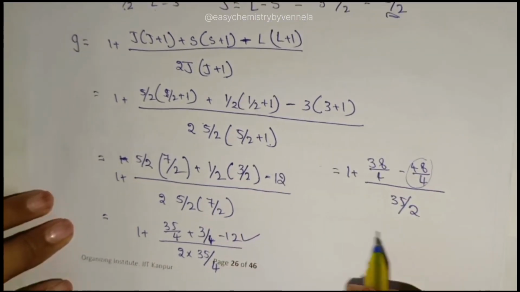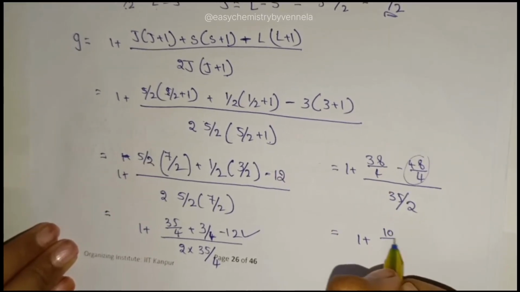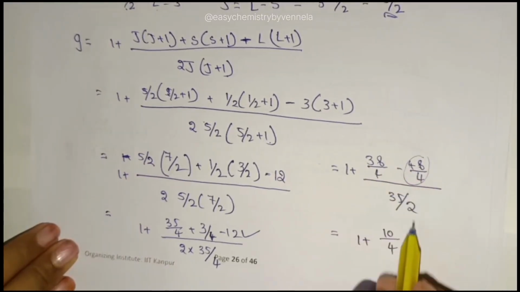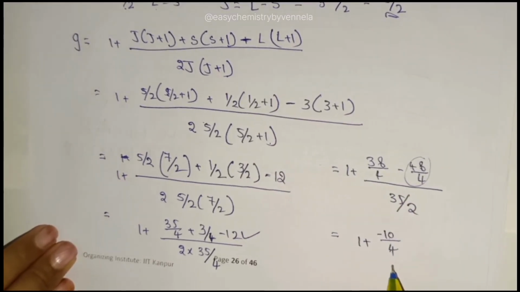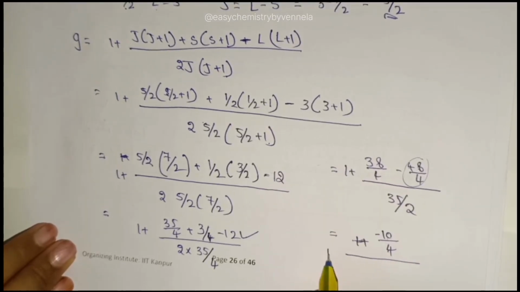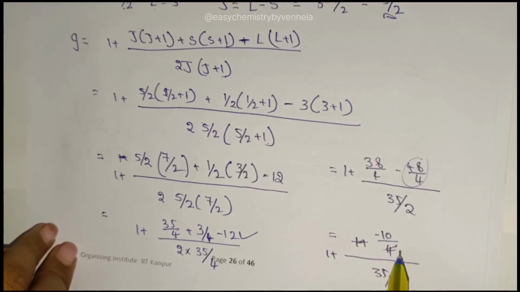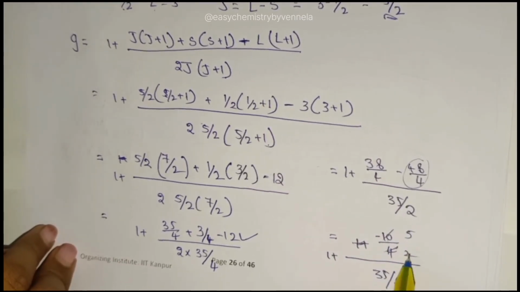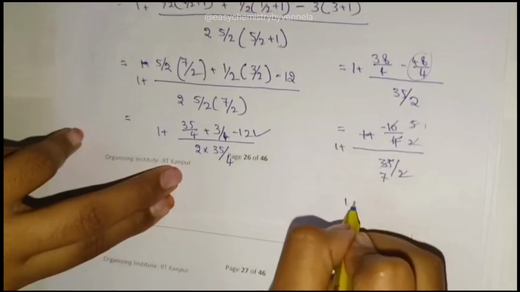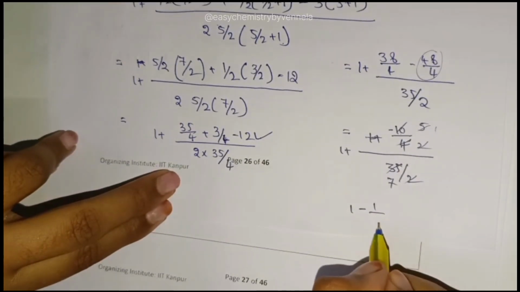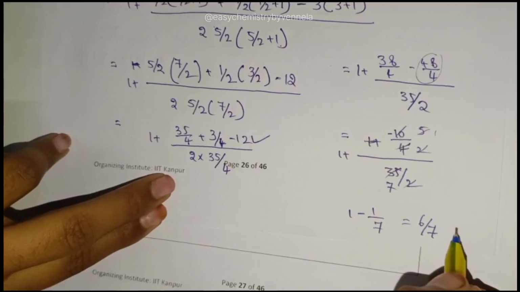Next, 1 plus 10 by 4, since 48 minus 38 is equal to minus 10. 4 is common. By 35 by 2, 2 2s, 2 5s. 2 2s cancel. 5 1s, 5 7s. 1 minus 1 by 7. So 6 by 7. So the approximate value is